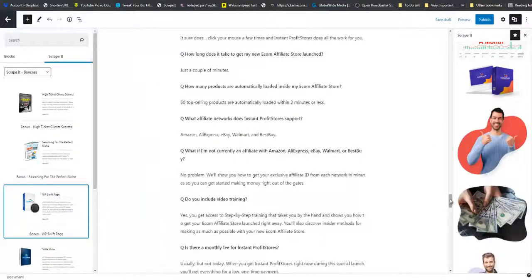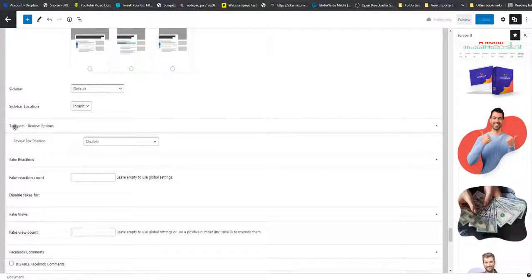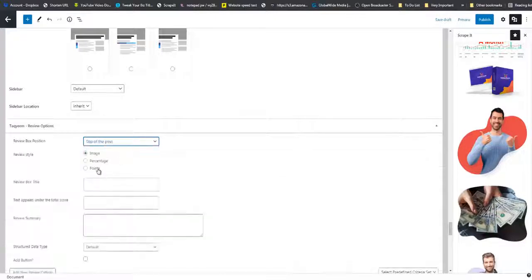So scrolling right down to the bottom of the page, you are going to see tagging review options right here, top of the post. I'm going to use points, instant profit stores, I'm going to put awesome here,